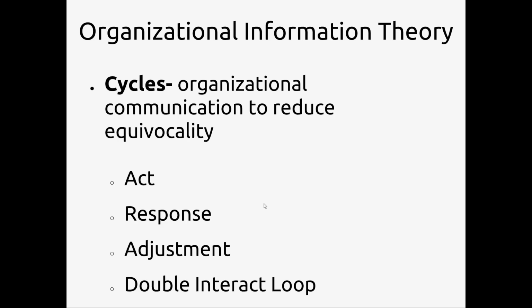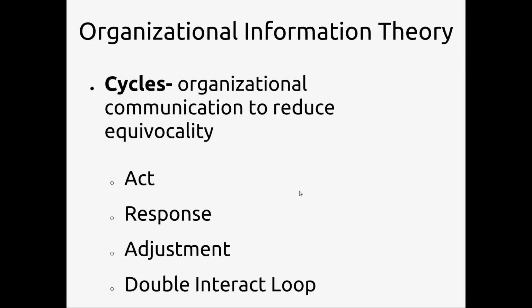If the question is answered and the problem is solved, everyone in the organization now knows how to respond and does so by adjusting in the adjustment step. So those are the first 3 steps. And finally, if they are still confused, they might ask another question or act, at which point we start the cycle again. So you go through this as a sort of loop, over and over and over, act, response, adjustment, until the problem gets fixed.